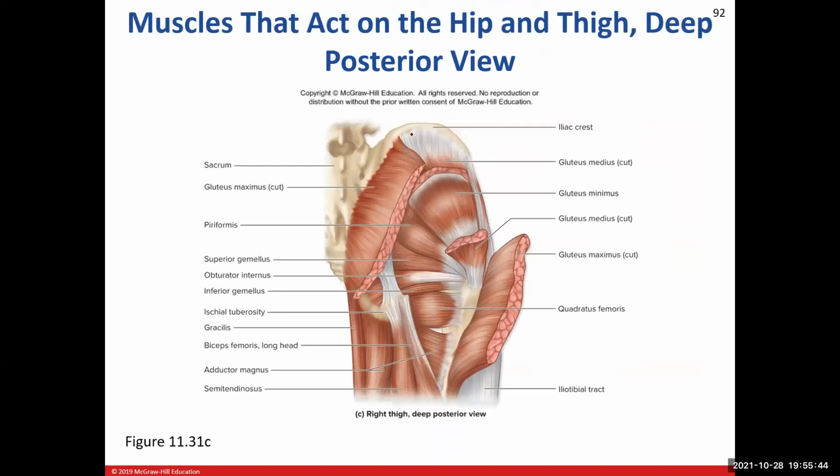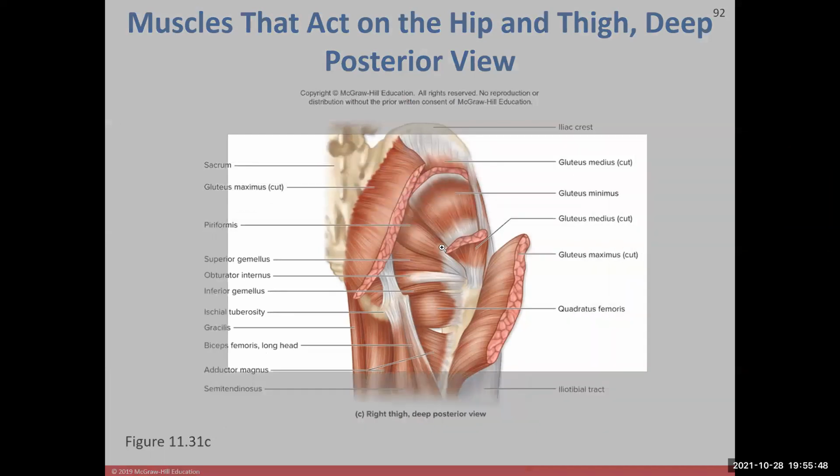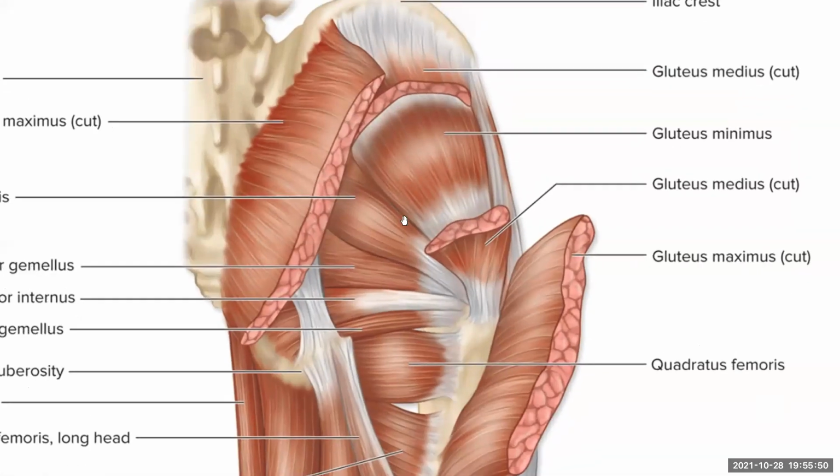All right, now we've pulled away a bunch of those gluteus muscles, and you can see, all right, we have a whole bunch of smaller muscles here. We cut away glute medius, glute maximus, gluteus minimus, and then we can see all of those smaller lateral hip rotators, right? We've got